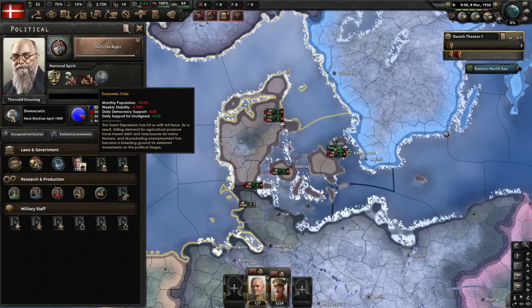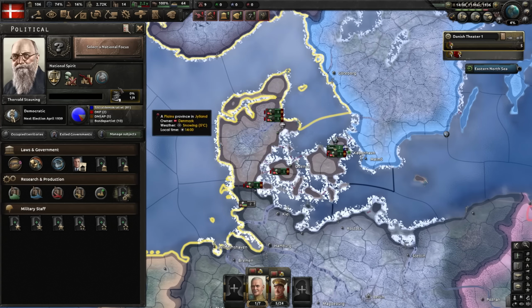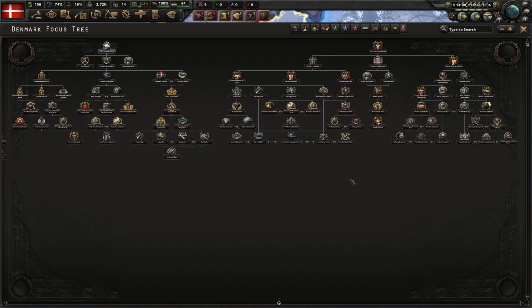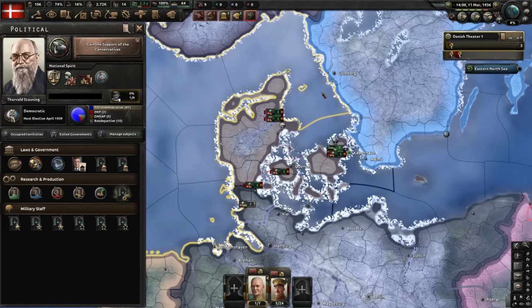We're also getting an economic crisis, which is reducing stability and democracy support, which kind of works for me temporarily. And also we have horrible industry. Yeah, a lot to fix as Denmark. Anyway, with the right unified, we are now going to gain the support of the conservatives, and then we are